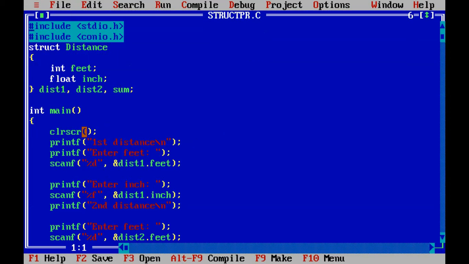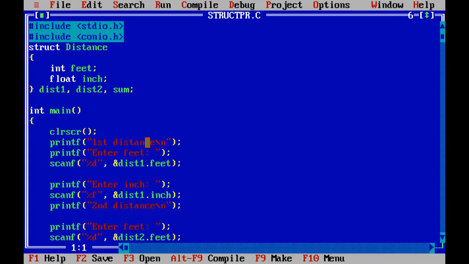Then int main, then printf first distance and printf enter feet. It will ask for feet from the user. Then scanf %d ampersand dist1 dot feet. Dist1 is the variable of the structure. Using the dot operator we can store it in dist1 feet.